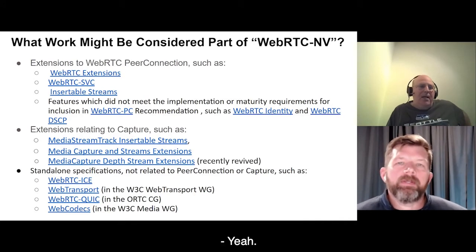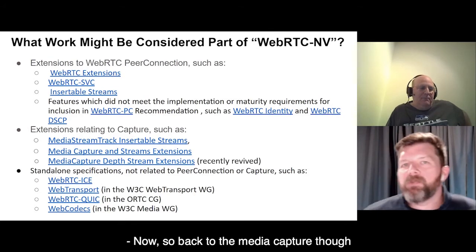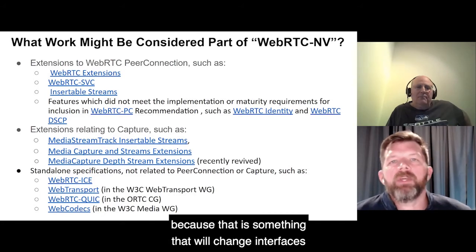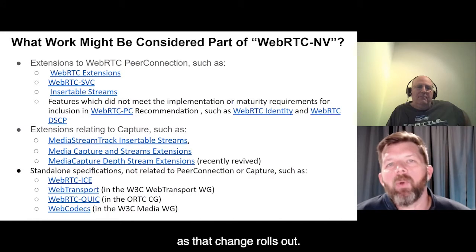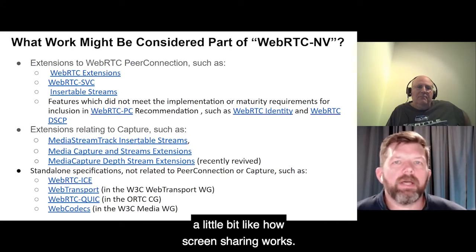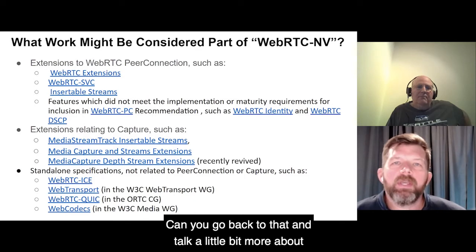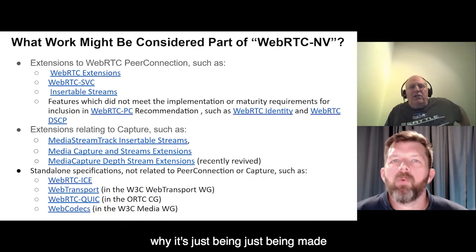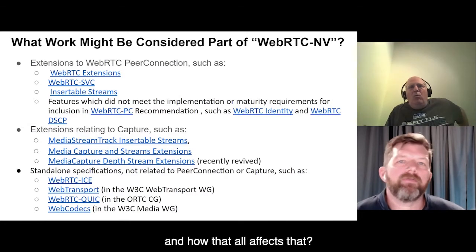Yeah. Now, back to the media capture, though, because that is something that will change interfaces as that change rolls out. You described that in the WebRTC Hacks article a little bit, like how screen sharing works. Can you go back to that and talk a little bit more about why that change is being made and how that'll affect apps?